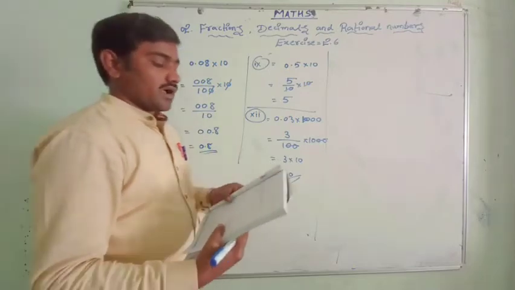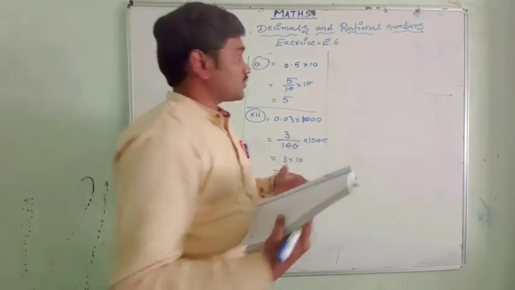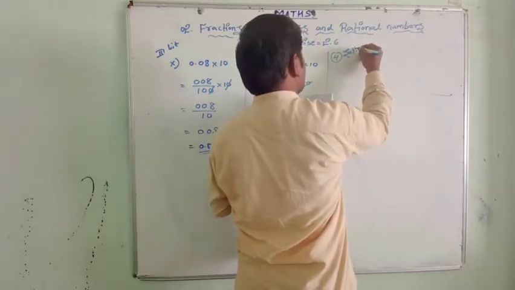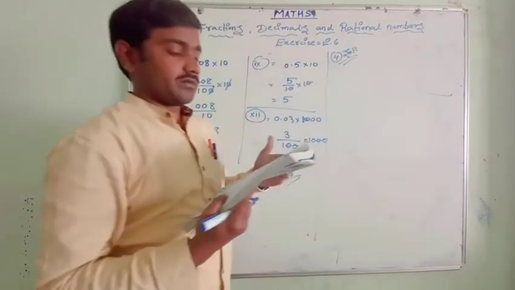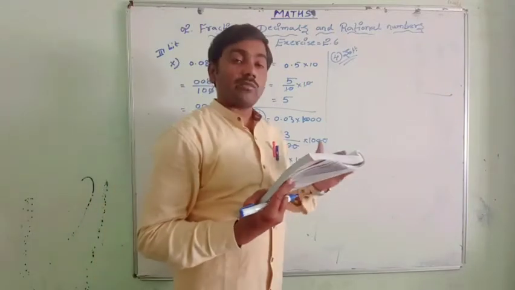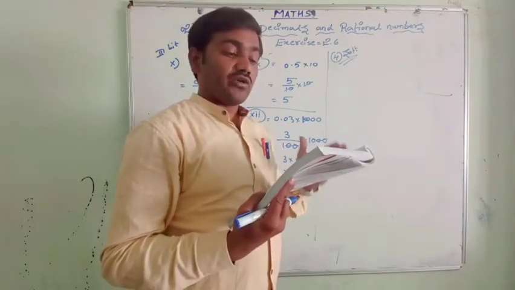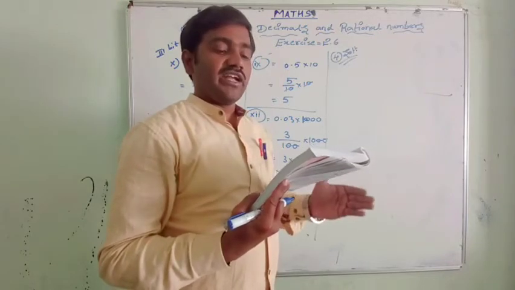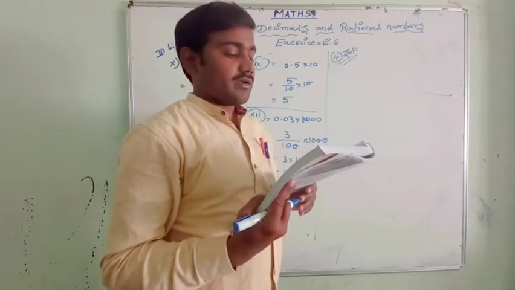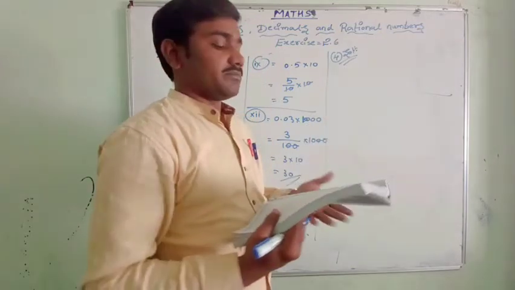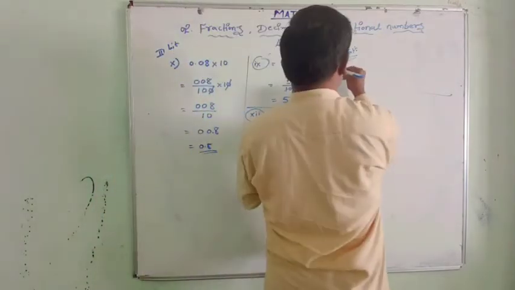So this is the fourth question. The fourth question is a word problem. Let me do that. A motorbike covers a distance of 62.5 kilometers consuming 1 liter of petrol. How much distance does it cover in 10 liters? Simple. A motorbike